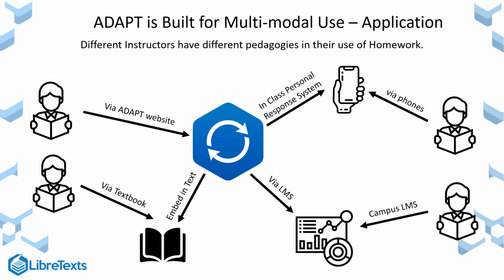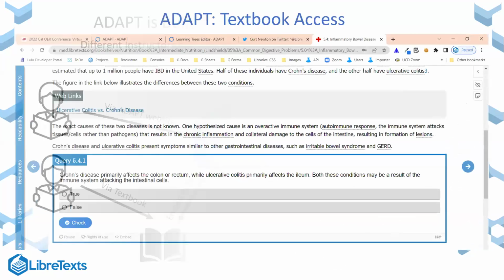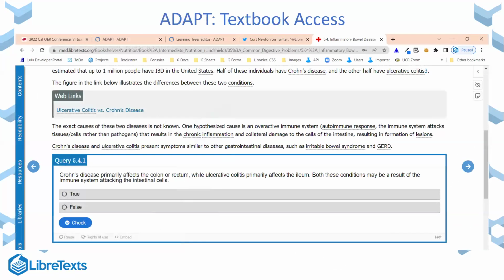Whether students submit scores directly through the ADAPT phone app or the website, or through their textbook via embedding, we can pass those scores back to the learning management system directly via LTI. And if campuses have Canvas, we can pass it back through the API, the application programming interface, which is a bit more powerful than the LTI. So this is an example of embedding H5P questions into a textbook.